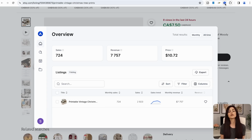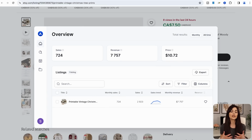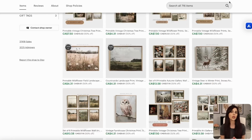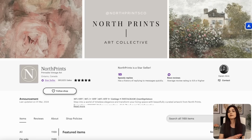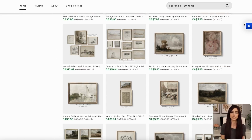This printable bundle alone is generating $8,000 per month. So there's clearly a lot of demand for this style of art printables. This sort of moody vintage aesthetic performs really well on Etsy, and it's digital product idea number 2 on the list. You'll find multiple Etsy shops that sell this type of wall art very successfully, and they all have their